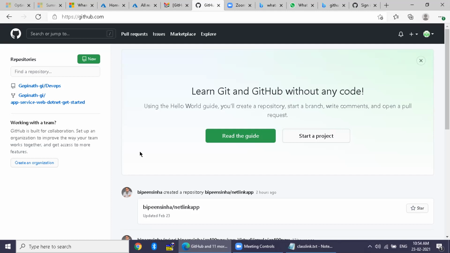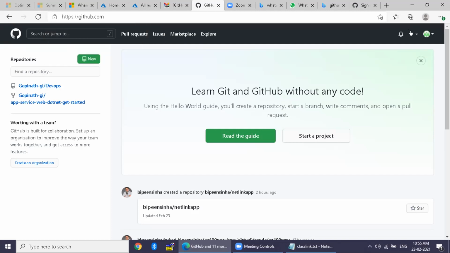So let's emulate the whole process and try to understand how GitHub has been used by the developer community for more than 20 years now, helping them to work in collaboration. So it is better than Facebook, it is better than LinkedIn, where people can collaborate and share with each other, right? Just go and first click create a repository.